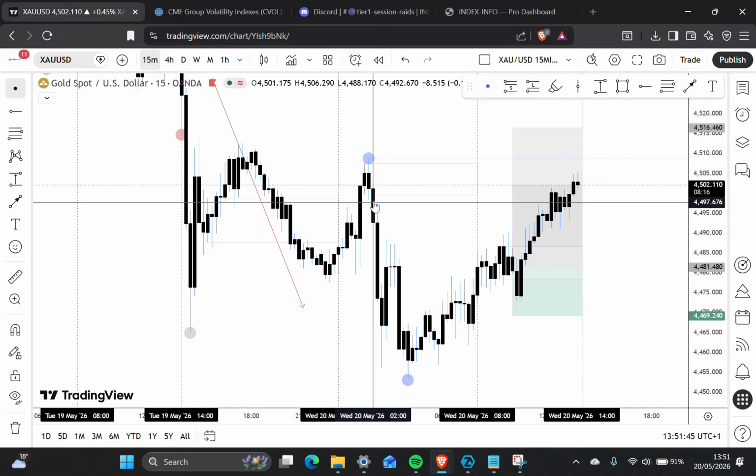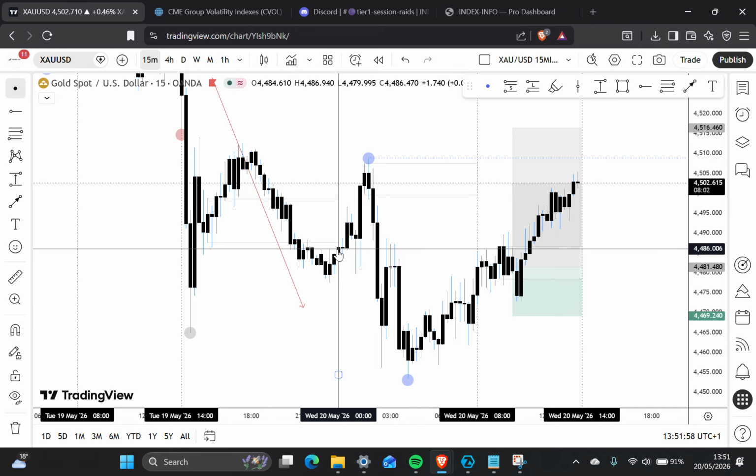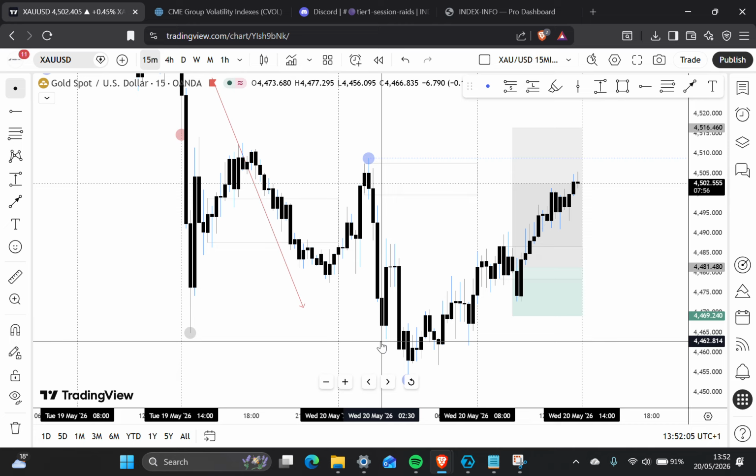Delta printed. We go into discovery. We print breaches below the first low and the first high. Look at the first high here, 12:15, that's the first high. Flat bodies to the upside. Breach 1, 2:15. Breach 2, 2:30.